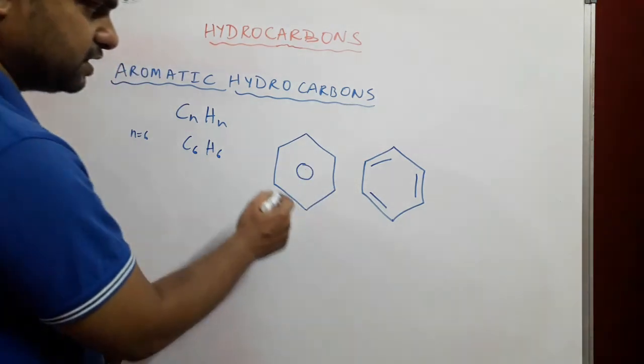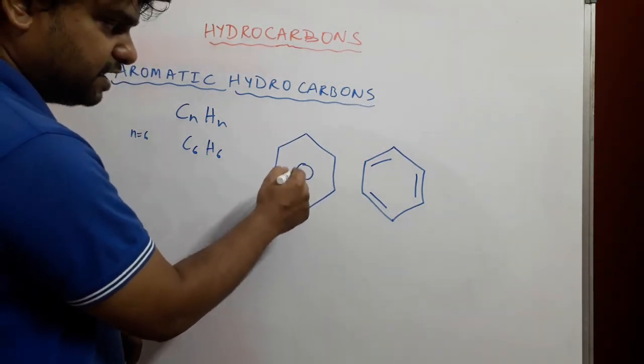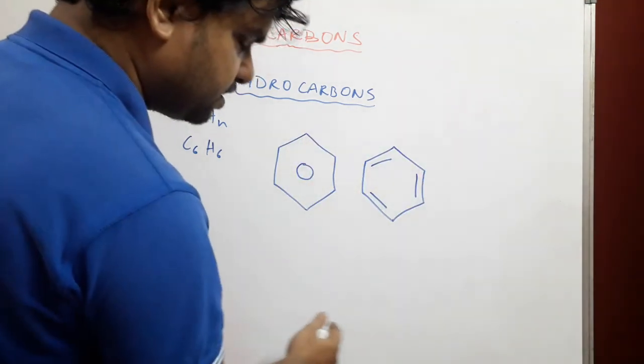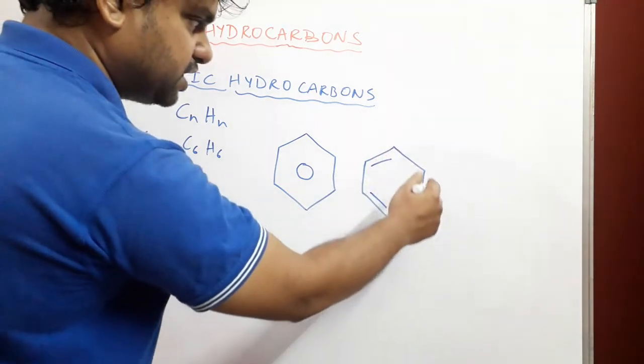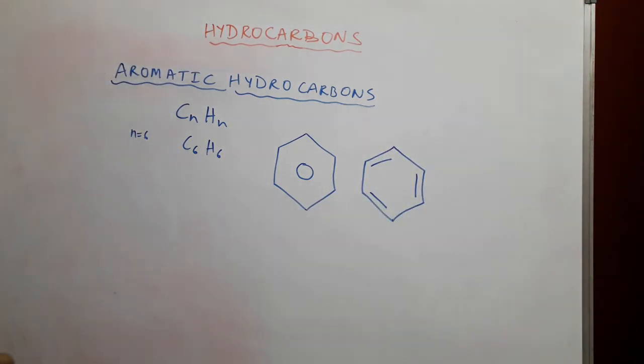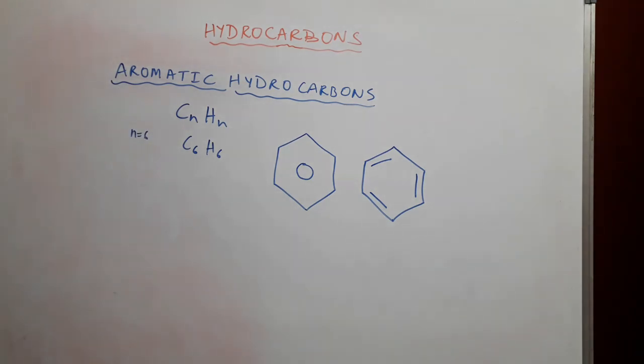If you just leave it like this, they are single bonds, but with a ring inside, it shows you that it is cyclic in nature. That means they are attached to each other in a circle. So this is how an aromatic hydrocarbon looks, and the fact that it says aromatic means they smell very nice. Okay, they give out an aroma. That is why they are known as aromatic hydrocarbons.